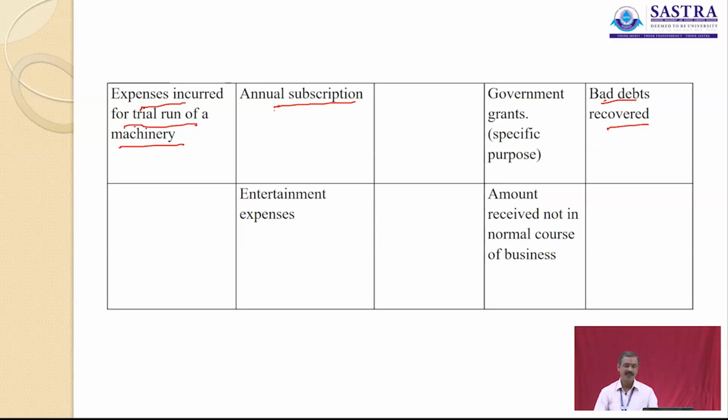The entertainment expense will be treated as the revenue expense. Entertainment expense or any other kind of activity which is for a specific period, in less than one accounting period, will be known as the expenses of revenue in nature. The amount received not in the normal course of business may be treated as the capital receipt. So with this, we will be able to know the significant expenses that are coming under what kind of category, whether it comes under capital expenditure or revenue, capital receipt or revenue, or deferred revenue expenditure.